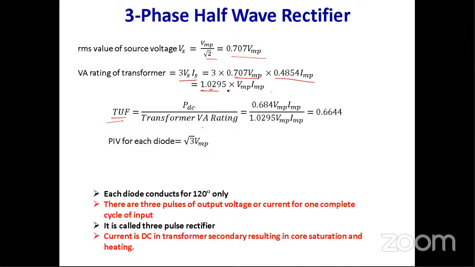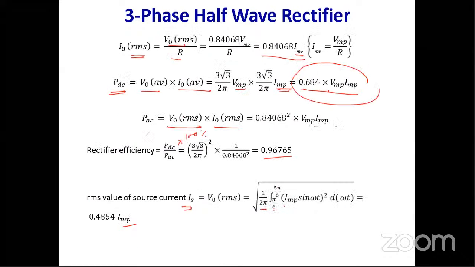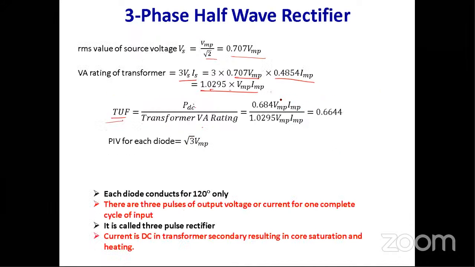So this is the transformer VA rating, and the DC output voltage we already calculated in the previous case. DC output voltage is 0.684 VMP, where VMP is the maximum value of the phase voltage and IMP is the maximum value of the phase current. If you replace PDC by 0.684 VMP by IMP, the transformer VA rating we already got from this equation is 1.0295 into phase voltage and phase current, maximum value of the phase voltage. So ultimately the turns utilization factor for this is